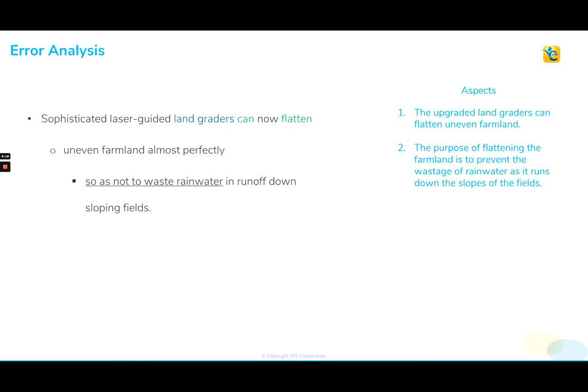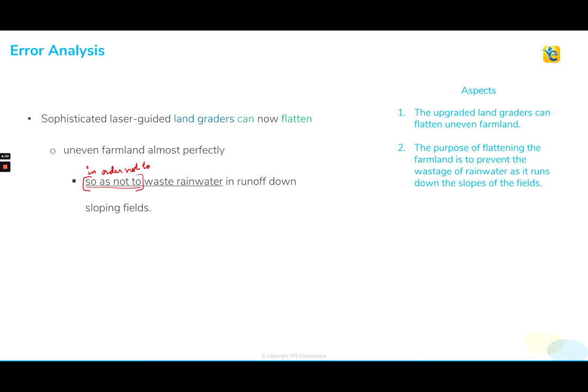Now that we understand the intended meaning of the sentence, let's see which part of the sentence uses the wrong grammar to communicate this illogical meaning. And it's very, very clear. Very short part of the sentence is underlined, and it is the usage of this particular idiom, so as not to, which actually messes up with the logic of the sentence. As I told you before, so as not to can actually be replaced by in order not to,